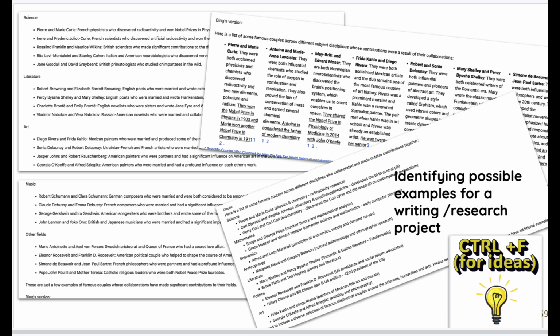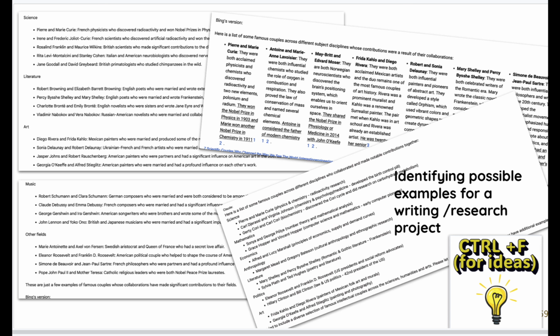This is an example of a colleague of mine who's going to be writing a book, and he wanted to write a book, not a different kind of collective biography, on how individual couples who have romantic relationships have furthered knowledge or created things that were pretty wonderful. But the notion of romantic couple or married couple or partners is a hard one to express using keywords and control vocabulary.